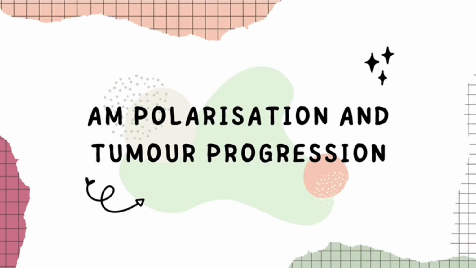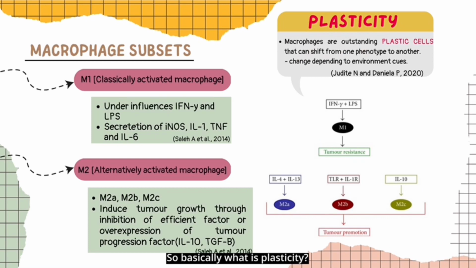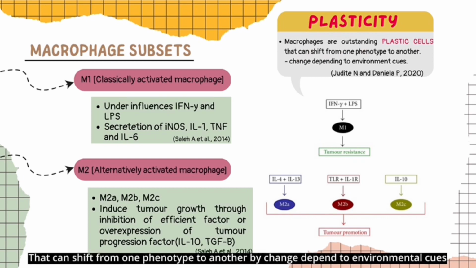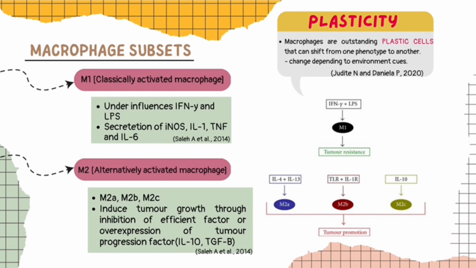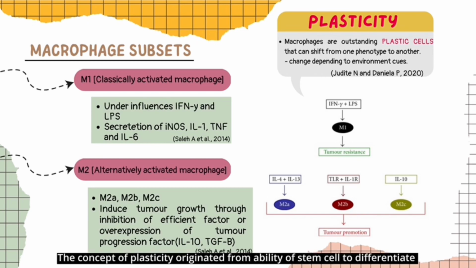So next, we look at alveolar macrophage polarization and tumor progression. So basically, what is plasticity? Macrophages are known as outstanding plastic cells that can shift from one phenotype to another depending on environmental cues. Plasticity is considered central to their ability to switch from a basal state, in which they perform tissue-specific homeostatic function, to an inflammatory state. The concept of cell plasticity originated from the ability of stem cells to differentiate into multiple cell